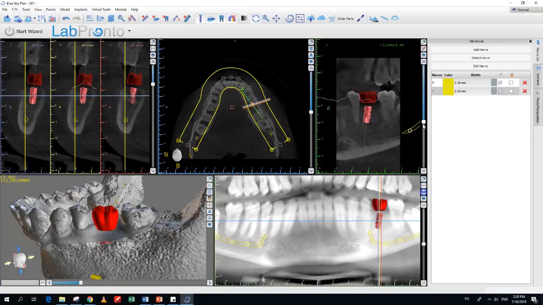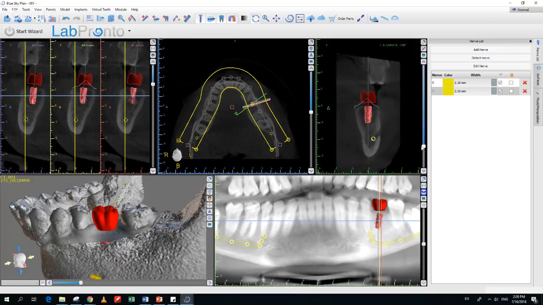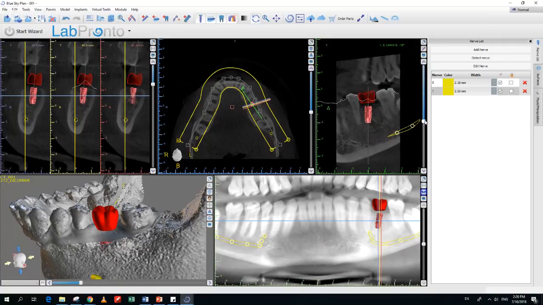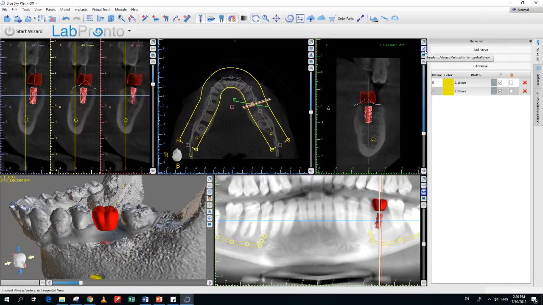Many users want to see the slices oriented to the axle of the implant, so that the implant is not moving. So we have that in the software. The second box from the top, if you go ahead and click on that, then you'll always keep the implant straight. So now when you rotate the tangential view, the orientation of the view is updating itself based on the implant staying vertical based on the axis of the implant. So a lot of users don't know about that functionality,